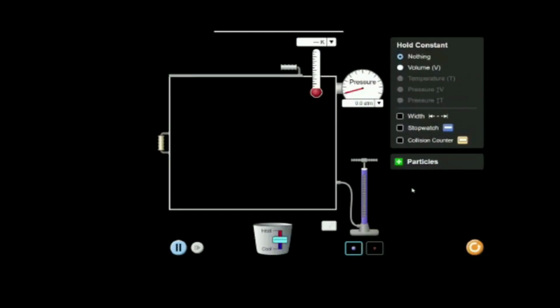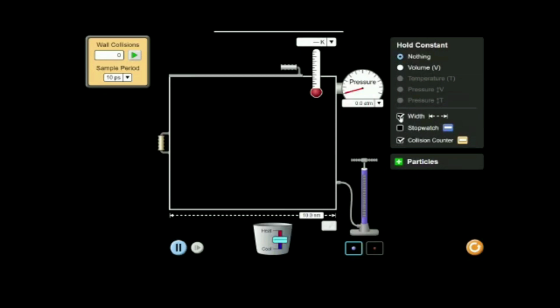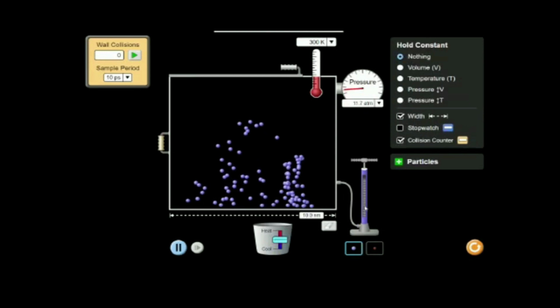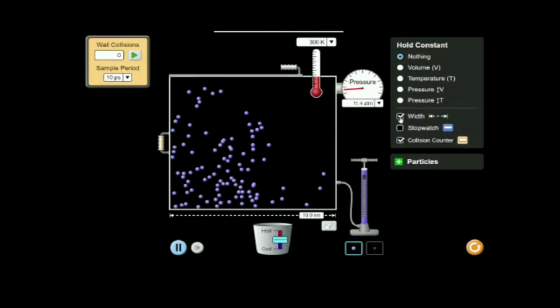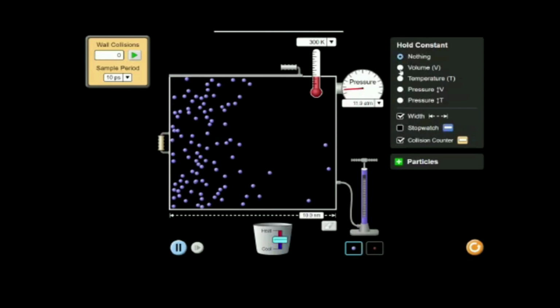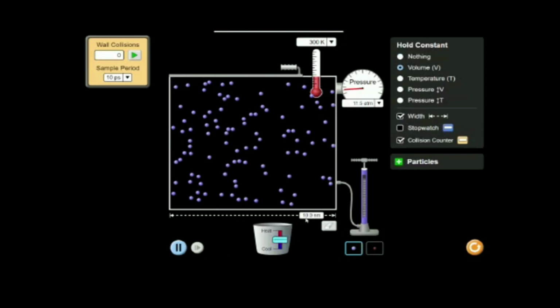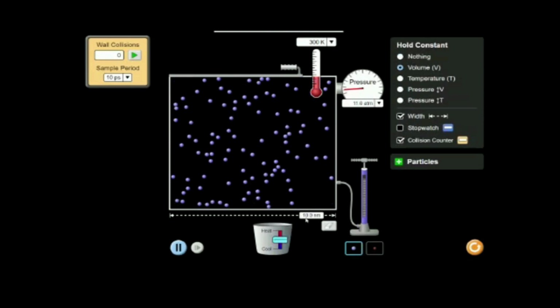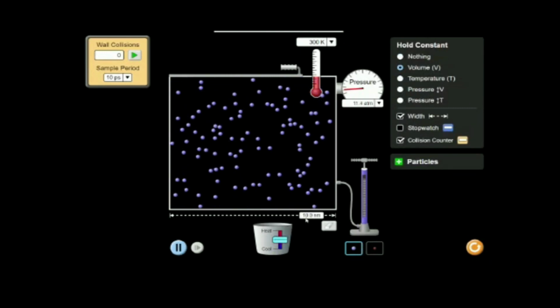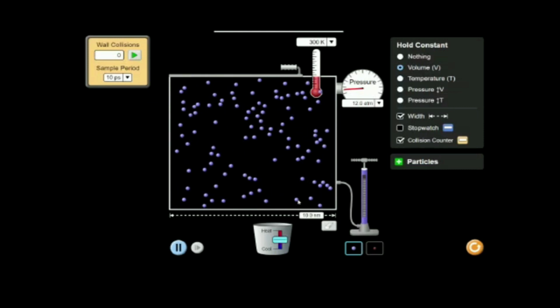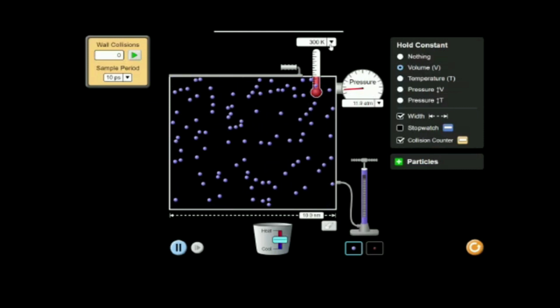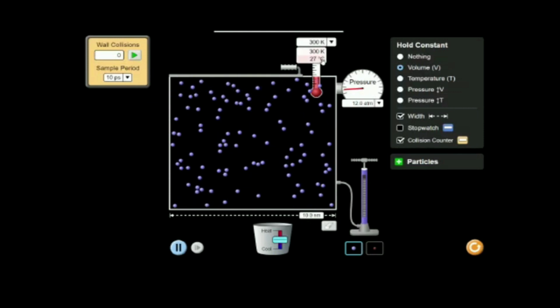First of all, as usual, click the collision counter and the width. Then click and drag the handle and pump the particles 2 times into the chamber. Next step is to click the hold constant for volume, which will remain constant at 10 nanometers for this chamber. Next, before slowly increasing, change the SI unit for temperature from Kelvin to degrees Celsius, and